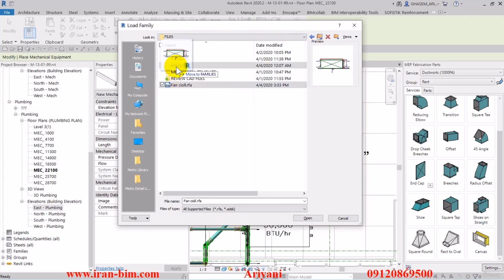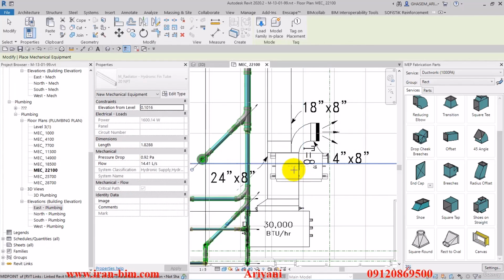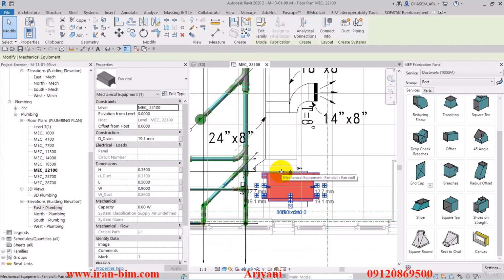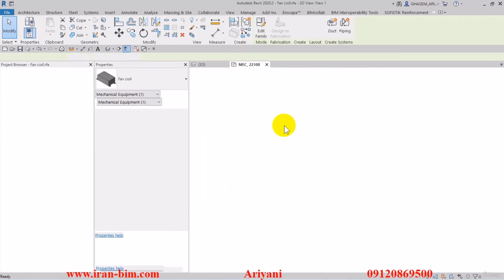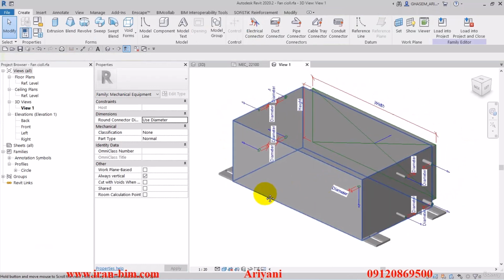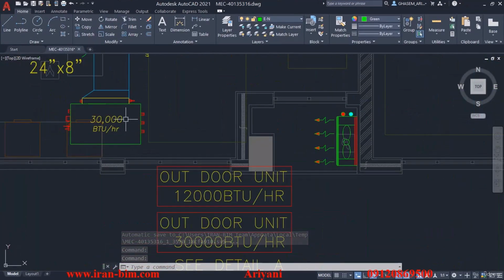I'll select it and move it over to the families of fan coils. Then I'll select it over here and hit open. All right, now I'll place it right over here in the plan. Now we can select it here as well and go over to the Edit Family option where I can show you its different parts. So here you can see the fan coil in 3D viewing. Now, if you want to select an equipment and place it over here as we've done